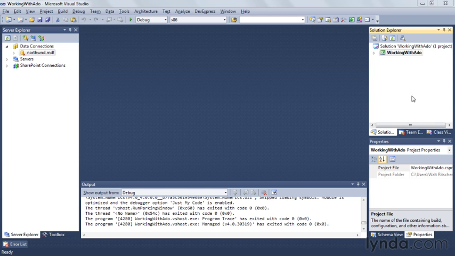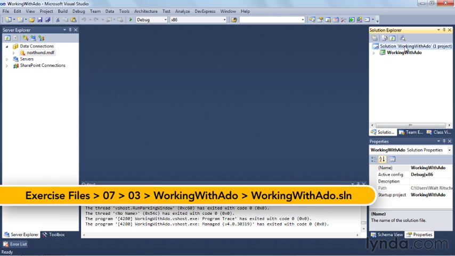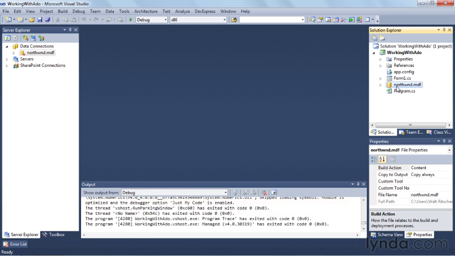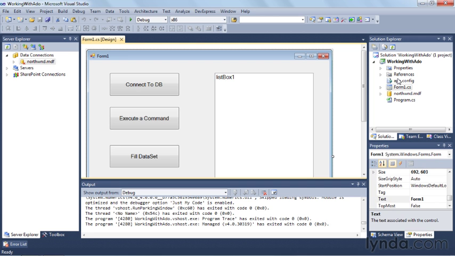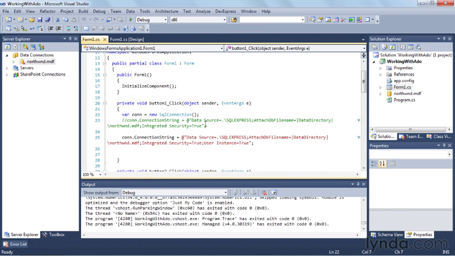I'm inside Visual Studio, and I've opened a solution called Working with ADO. Inside that is a project that already contains a database called northwind.mdf, and it contains a form, form1.cs. If I open up this user interface, I'll see that there are 3 buttons and 1 list box. I'm going to start by showing you how to connect to the database. I'll do that by double-clicking on this Connect button, which will take me to my C# code. To get a little more screen real estate, I'm going to close this output window on the bottom of the